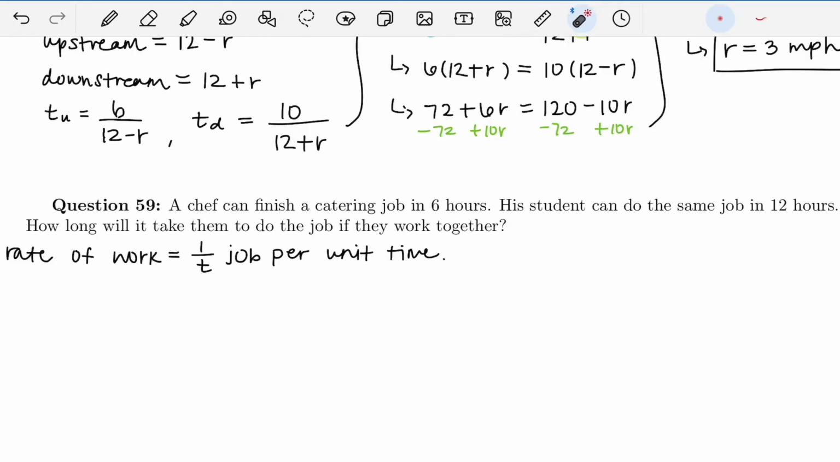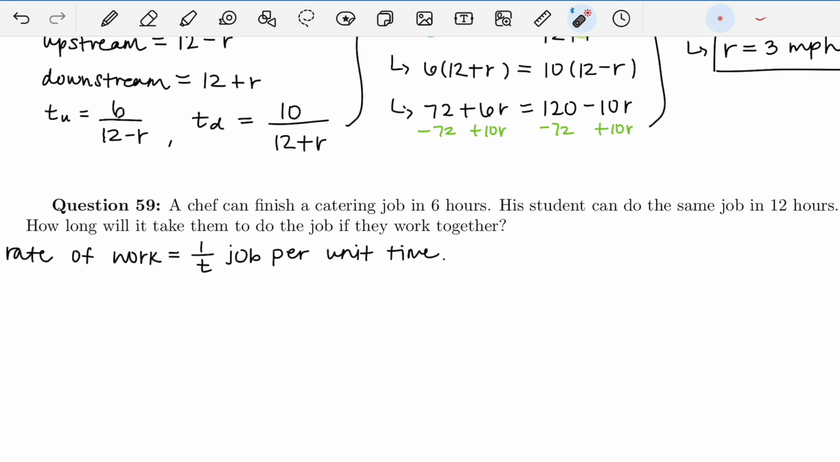All right, so for this next example here, we're told that a chef can finish a catering job in 6 hours, and his student can finish the same job in 12 hours. And what we want to do is figure out how long it'll take them to do the job if they work together. Now, in order to solve this problem, we're going to use this formula from our textbook,